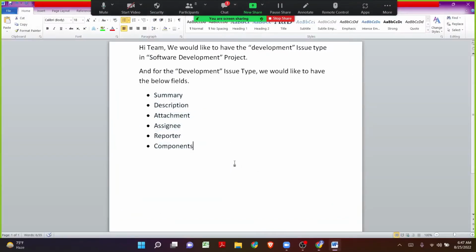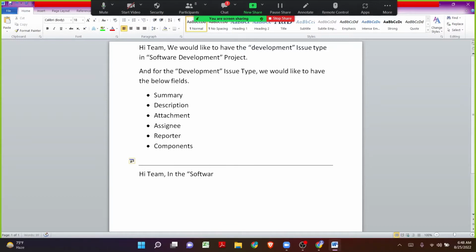And then I want to pick another ticket. Now imagine that the software development people are working in the development issue type or maybe other issue types for a very long time. It might be 1 week, it might be 1 month, or even 1 year. And suddenly we got one of the tickets like, hi team,